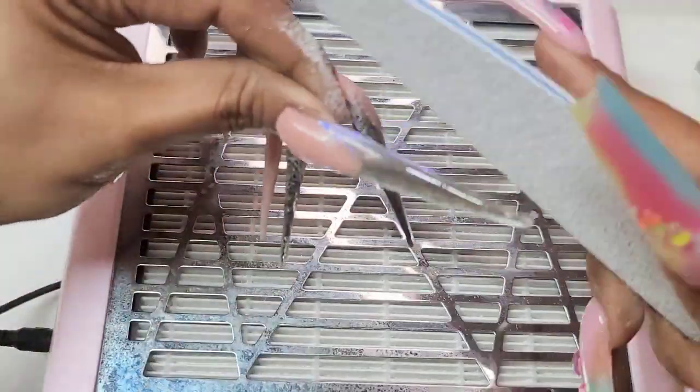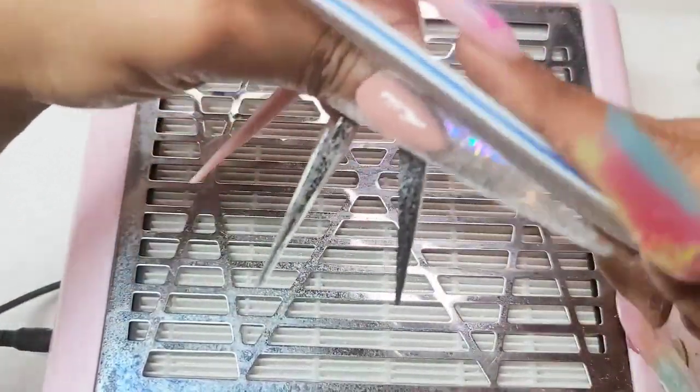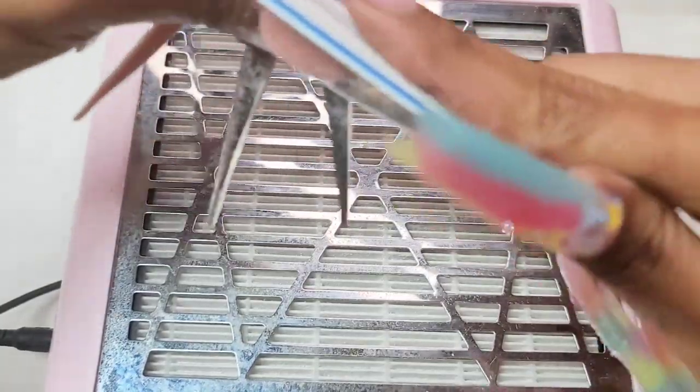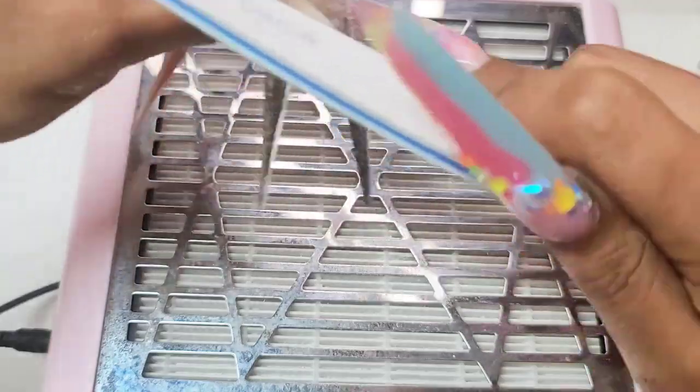Then I go to the free edge, but this time is stiletto, so I don't really have to touch my free edge at all. I just have to really work on those side walls, and then I go on to the surface of the nail. I do use the e-file only for my cuticle area, but